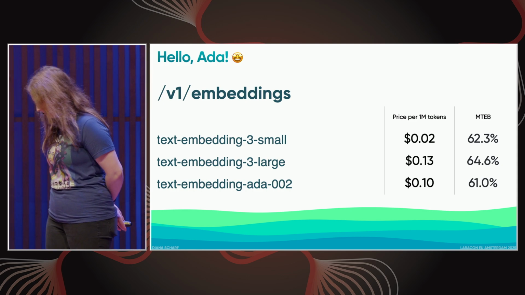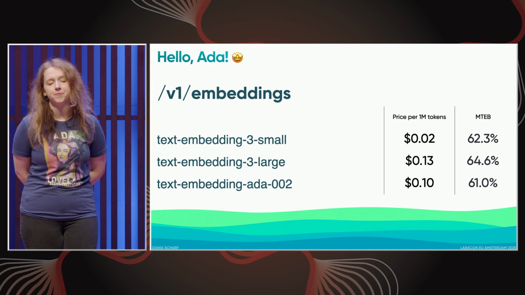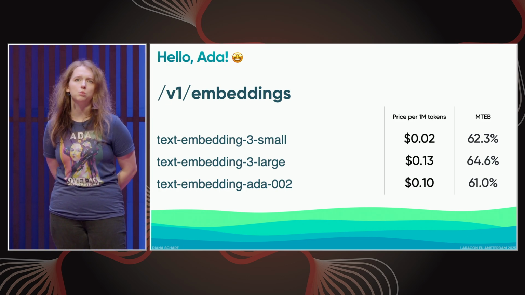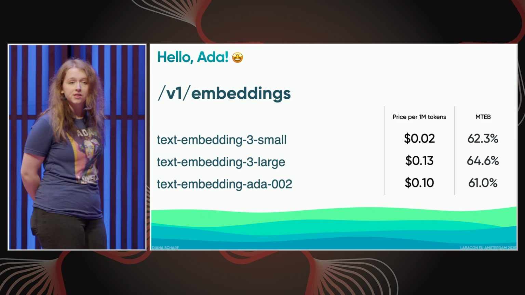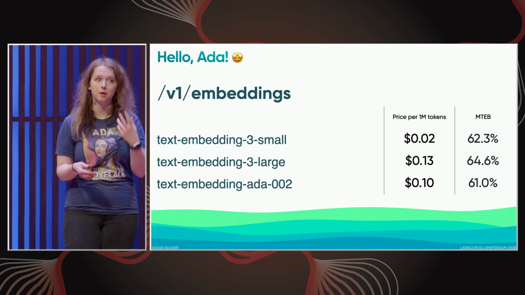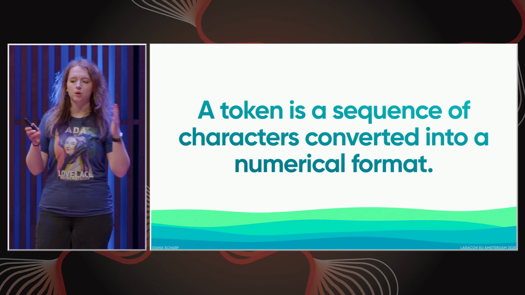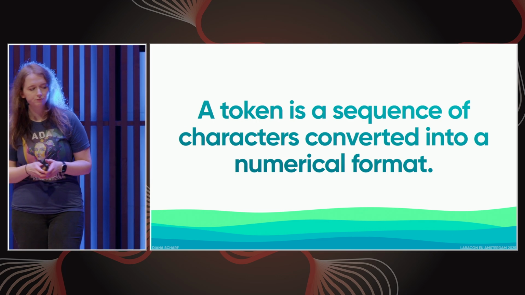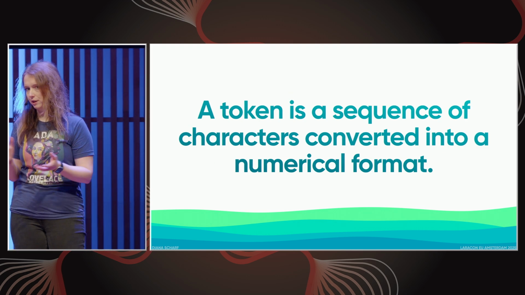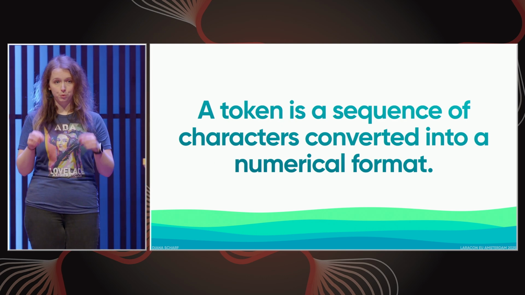So, with that, back to more endpoints. You cannot send thousands of pages of text to these endpoints. There's a limit, and per request, that limit is 8,191 tokens. And a token is not a character. You might have heard of the term token usage whenever you have to figure out how much you have to pay OpenAI each month. A token is a sequence of characters converted into a numerical format. OpenAI's tokenizer is called TikToken. It's, of course, written in Python, but there is a port for PHP as well, which we will look at now.